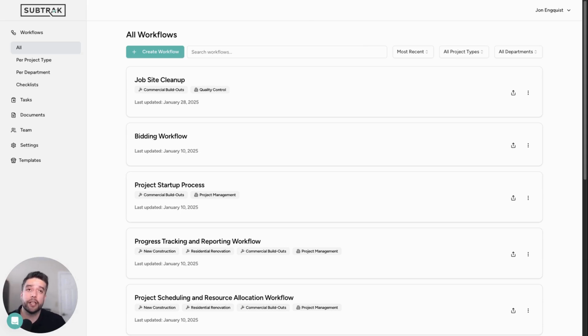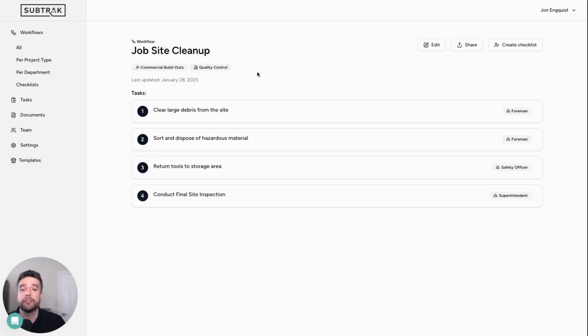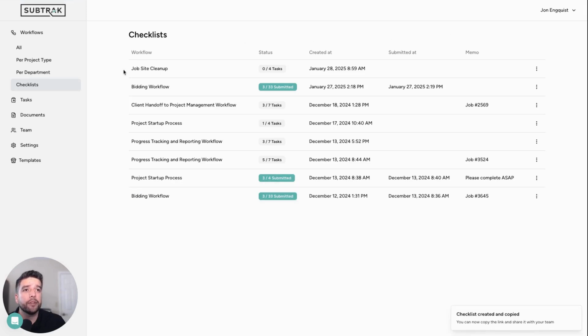So in order to create that checklist, you want to click on any workflow. For today, we're going to use our job site cleanup workflow that we've been building. Come up here and click this Create Checklist button. And now this job site cleanup checklist has been created and it's added to our checklist tab on our workflows